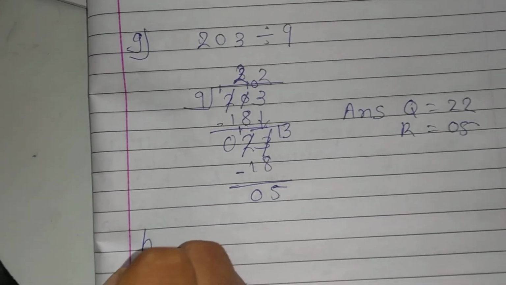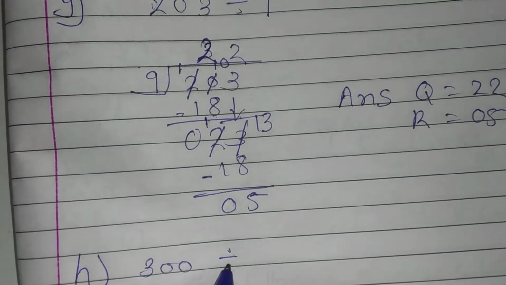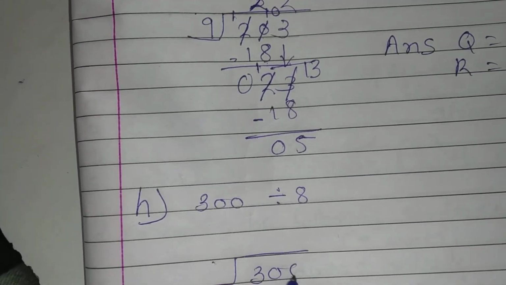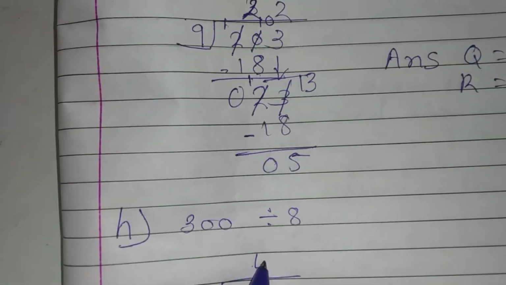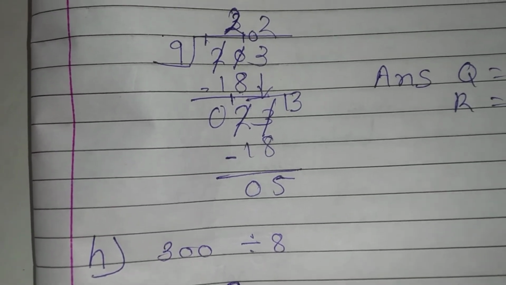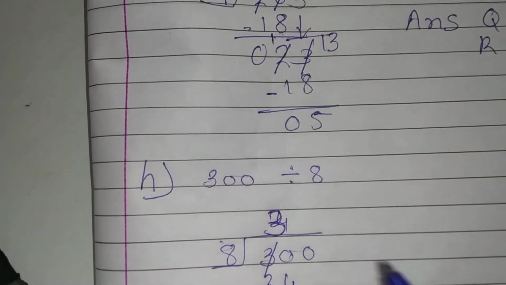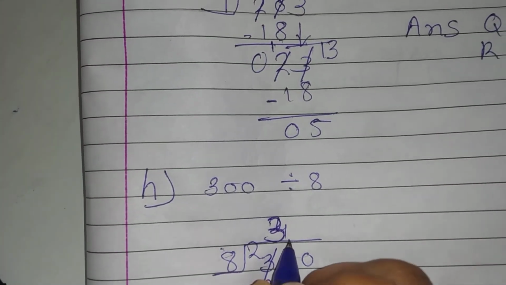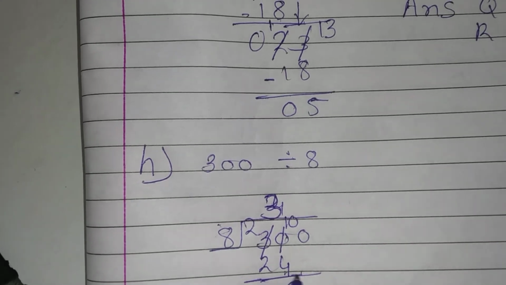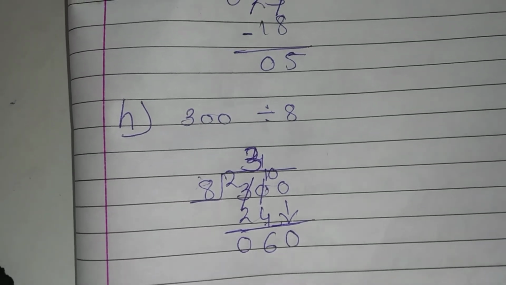H1 sum will start now. So in that, 300 divided by 8. Here we have to write 300 divided by 8. 8 fours are 32 is there. So 8 threes are 24. 0 minus 4 is not possible. Cut 3, write here 2. Cut 0, write here 10. 10 minus 4, 6 is there. 2 minus 2, 0. Now we will bring down 0. The next number is 16.